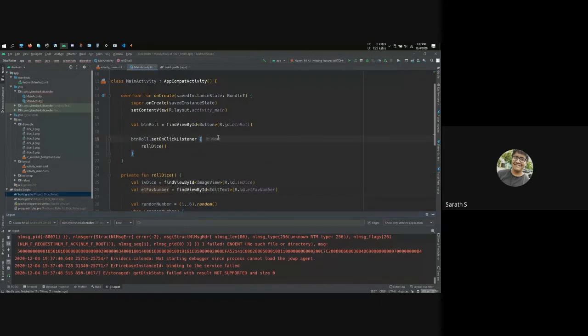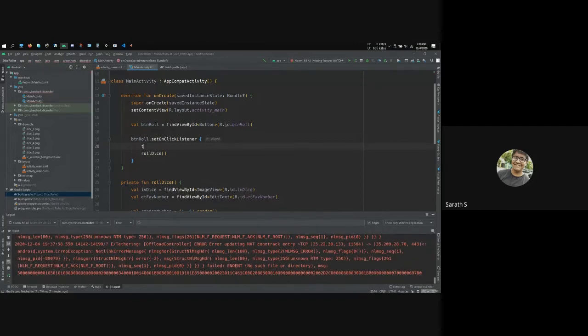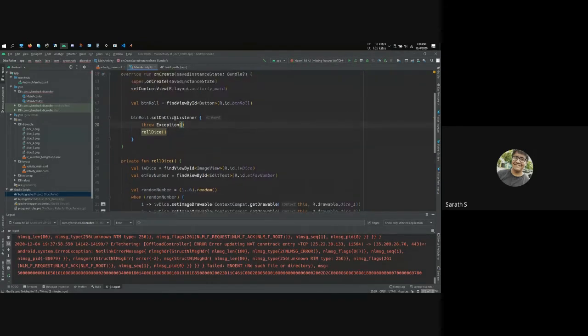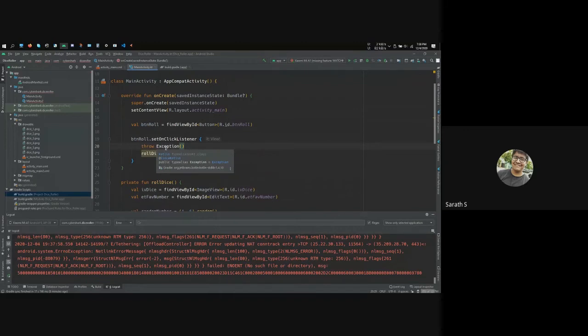So if I were to, for example, intentionally crash this app, you could do this by just throwing an error, throw exception. Oh yeah, I can't show this demo right now, but if you were to intentionally crash this app right now, it would just say on line 20, this function was thrown, so your app crashed. So if you don't know what's happening in your app, you could use the logcat to view your errors.